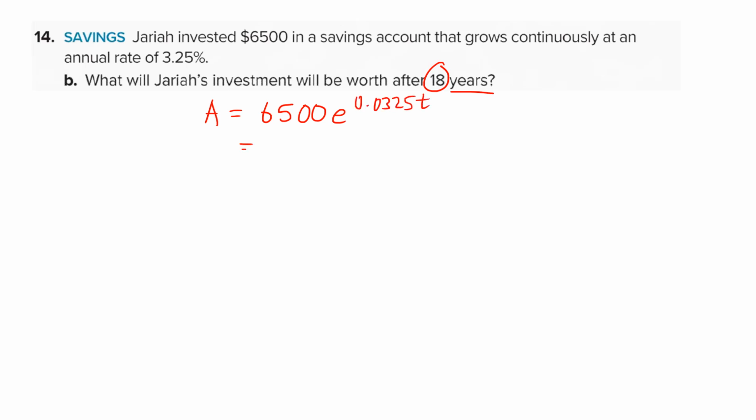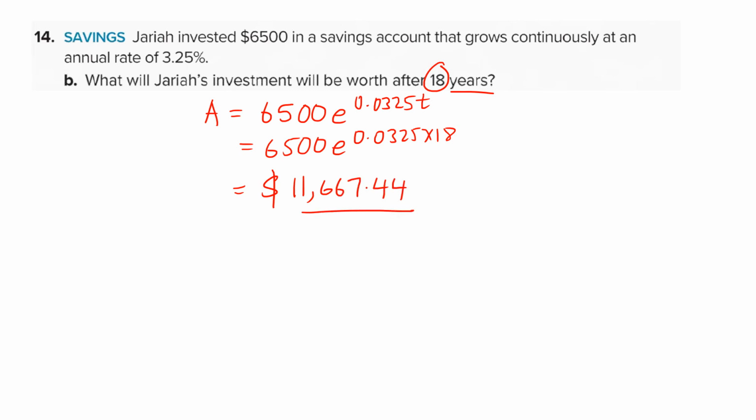So let's put t as 18. I put in the value. Use your calculator, substitute and simplify, and this amount will come out to be $11,667.44. So the answer to part B finally would be that after 18 years,